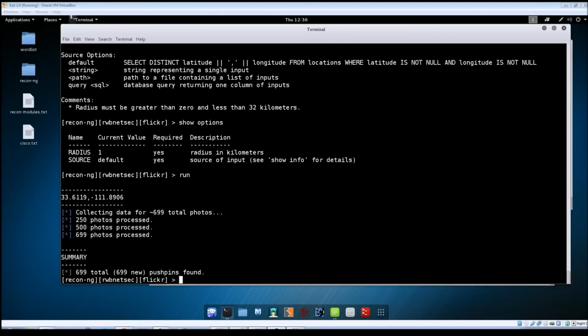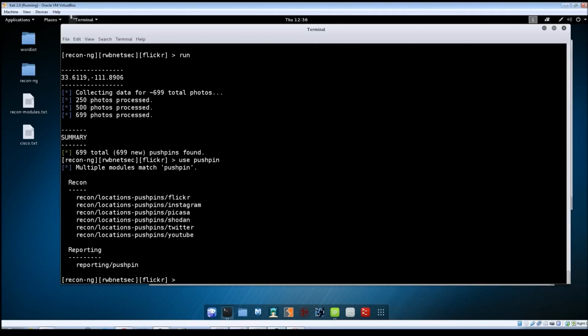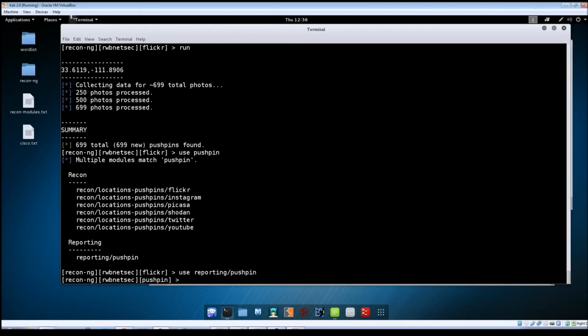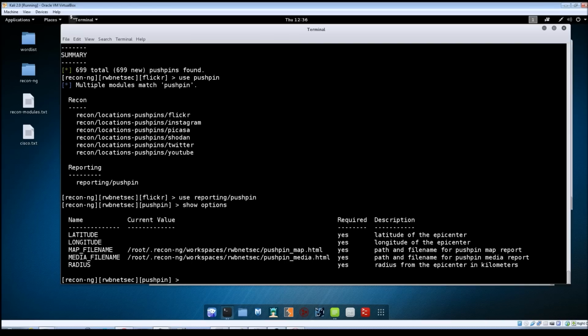So now that we've got that data, let's go ahead and run one of the reporting modules and see what that data looks like on a map. So we're going to, let's use push pin reporting. Oh, good grief. All right, do a show options. And you can see there's three options here that we need to give it. We need to set the latitude, the longitude, and the radius. And of course we can get that data